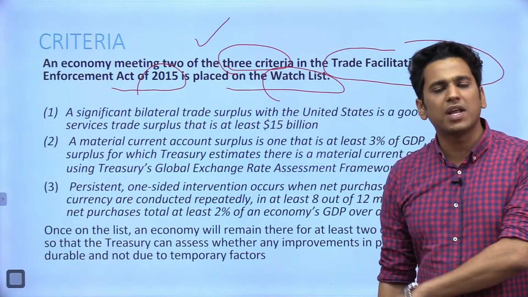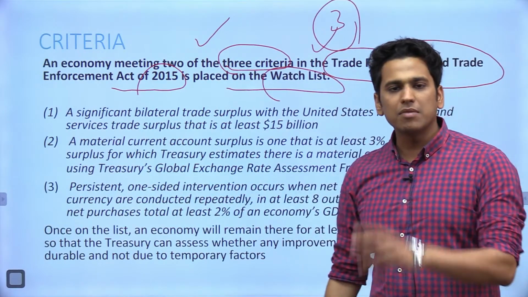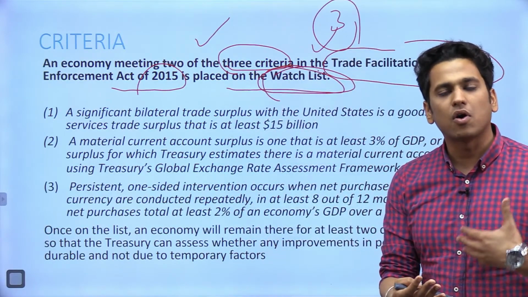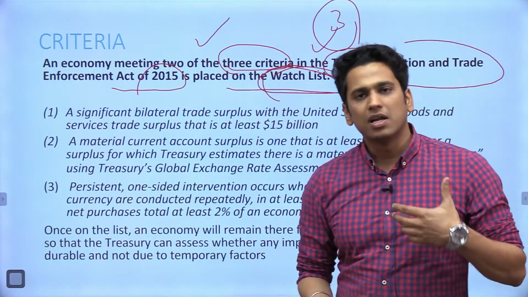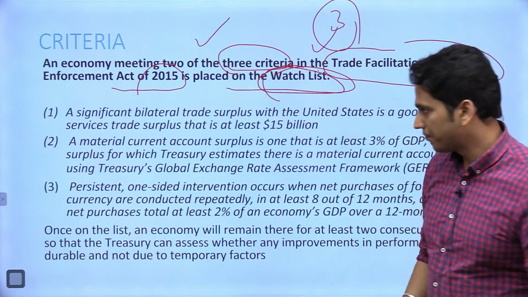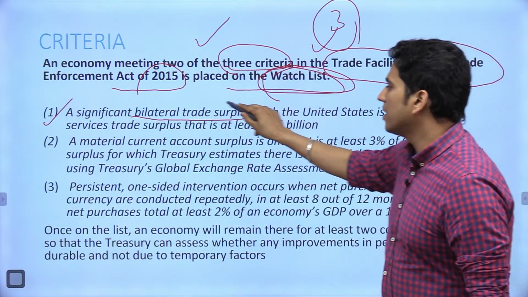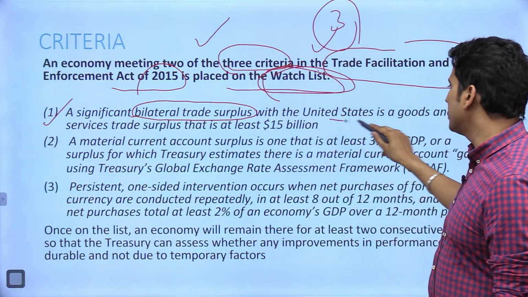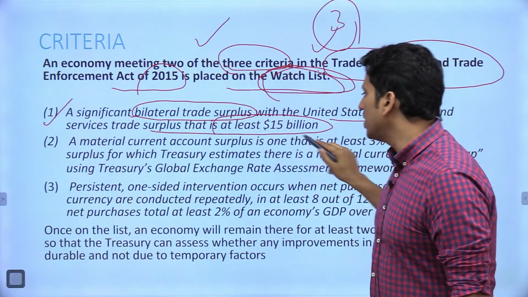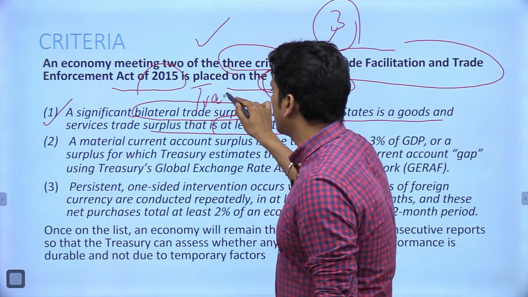Now these things become very, very important. इस एक्ट के अकॉर्डिंग 3 क्राइटेरिया हैं, अगर इनमें से 2 सेटिस्फाई हो जाते हैं तो कंट्री को वॉच लिस्ट में डाल दिया जाता है, लाइक इंडिया वाज ऑलरेडी और वाज प्लेस्ड इन द वॉच लिस्ट. नाउ लेट्स ट्राई टू सी व्हाट आर दीस 3 बेसिक क्राइटेरिया. फर्स्ट वन इज अ सिग्निफिकेंट बायलैटरल ट्रेड सरप्लस with the United States, a goods and services trade surplus that is at least $15 billion. तो सबसे पहला जो इंडिकेटर है that is on the basis of trade surplus,